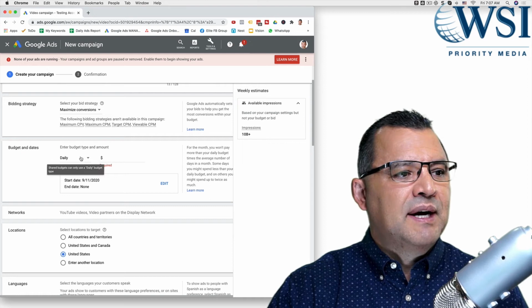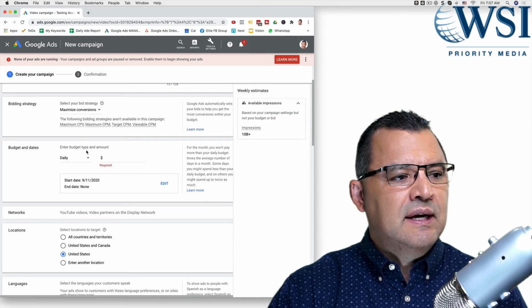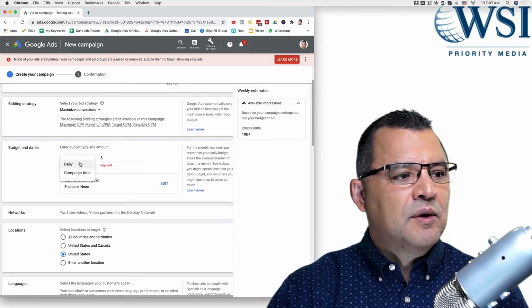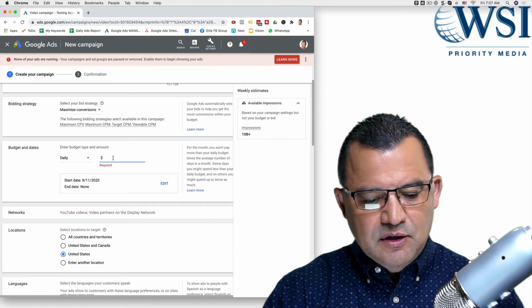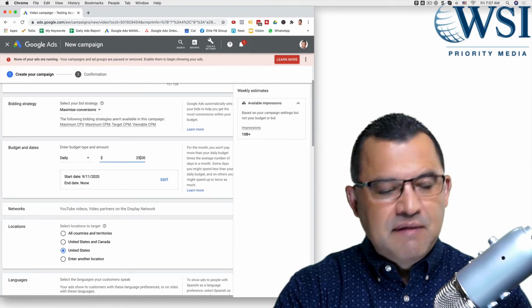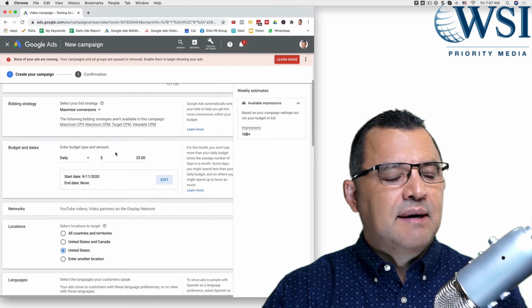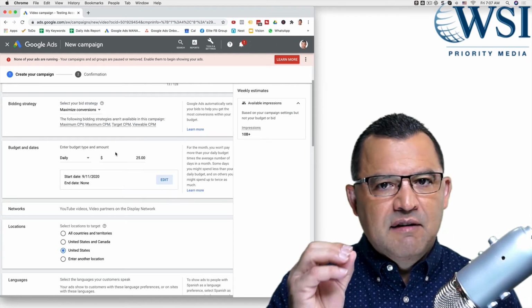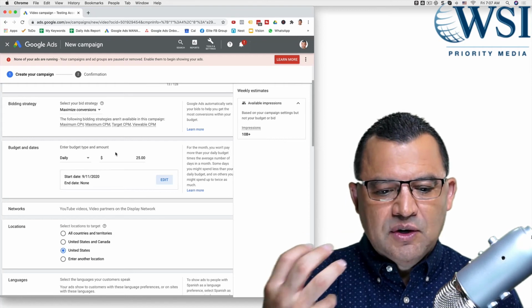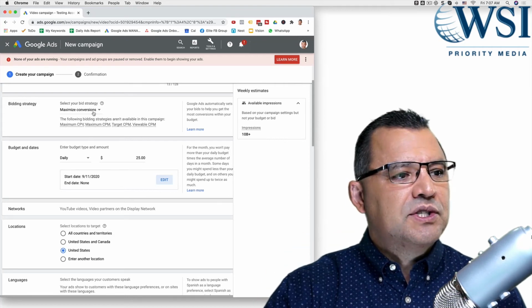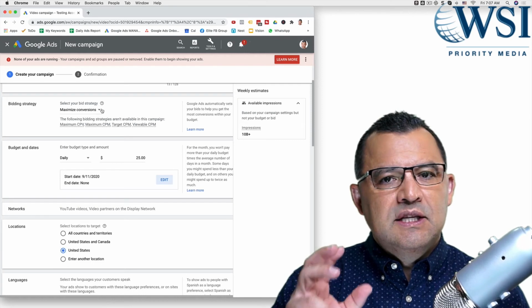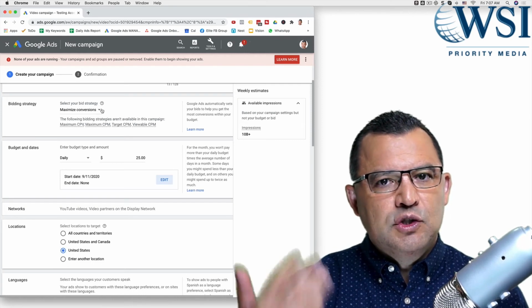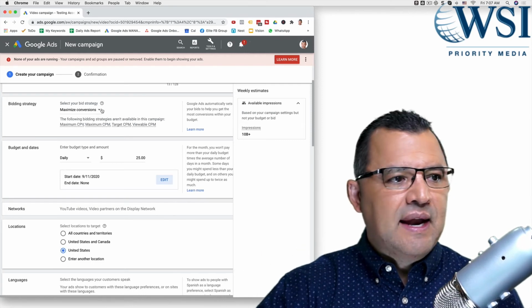And before I go into budget, one last thing about this is that as you're setting your budget, whatever that may be, let's say that your budget is going to be $25 a day. When you set this up, this is a big mistake that I see people make: they're not giving it enough budget. Remember, you're using machine learning right here. And so if you're going to start at max conversions, you need to give it 10 times the budget to allow it to get enough data so that it can learn.